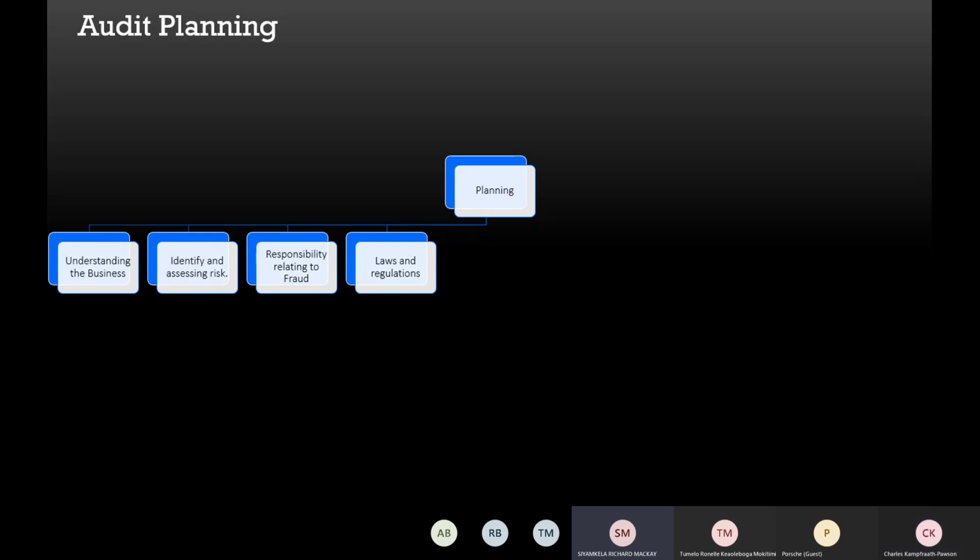In terms of their definition, it's their independent, objective assurance and consulting activity that is designed to add value and improve the organization's operations. But these frauds happen under their watch. So what controls do they put in place? At the same time, such things do happen under their watch, and then we are expected to bring in external auditors, the forensic ones, to come and investigate the fraud. So where does their limitation end in terms of fraud?